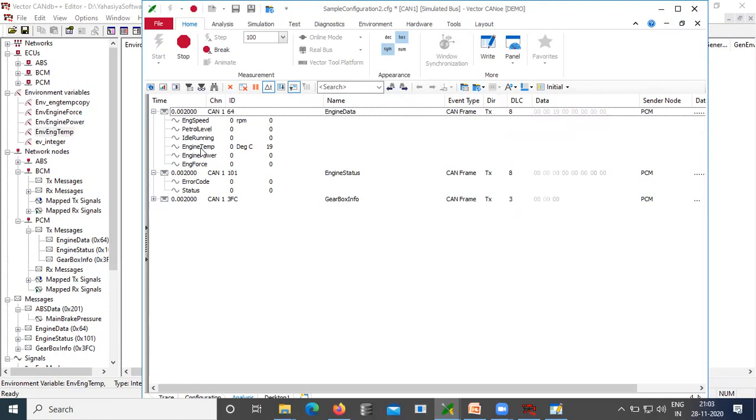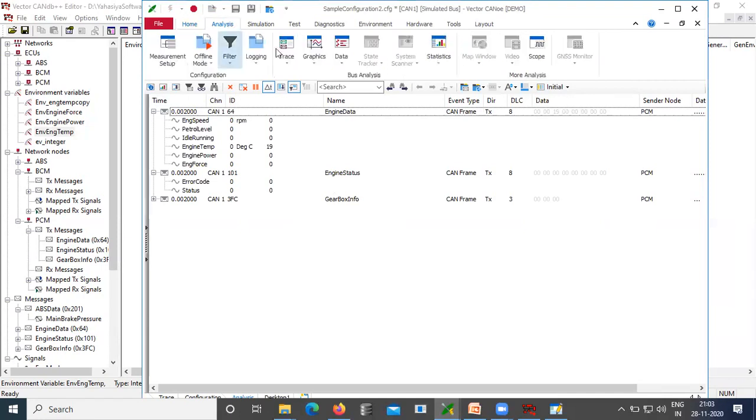When there is a change in the env variable, the respective change will be captured in the signal. How can I affect the env variable? I can do it by means of a key press.